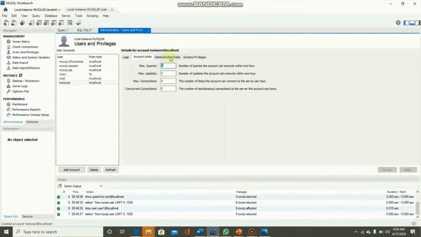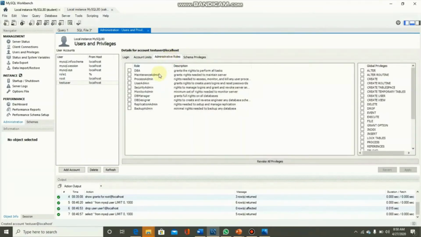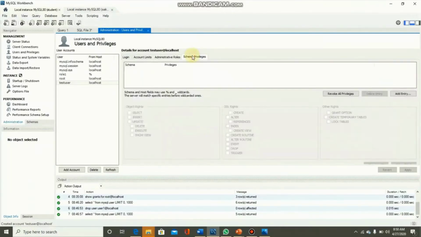Then we have administrative roles. We can assign privileges here also, but no need to assign any privilege to test user because we will do this by our code. And we can also assign particular roles or a set of privileges on some schemas to test user.